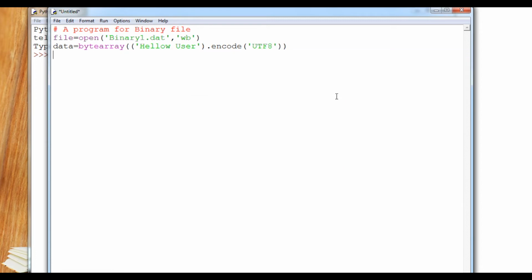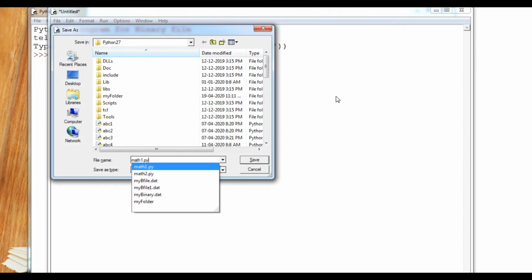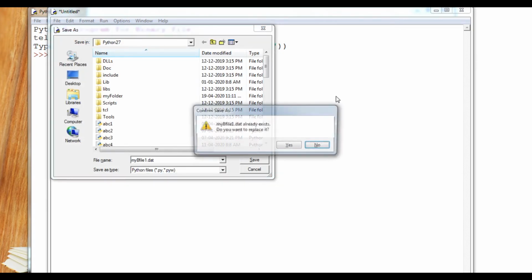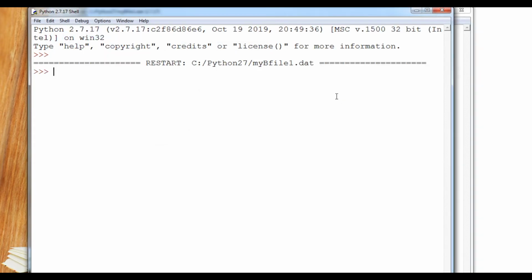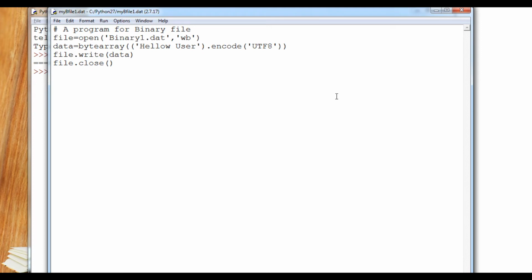After that file dot write, inside that I will pass the data, and the file will be closed. So run it. Now I'm going to save it. So now my file has been written.